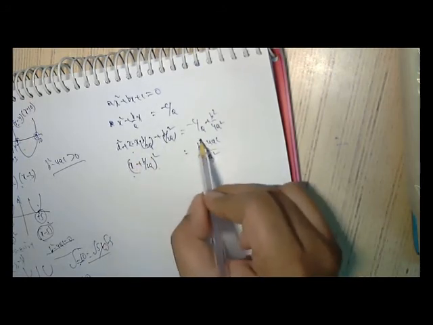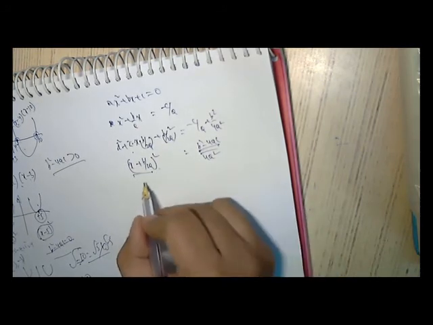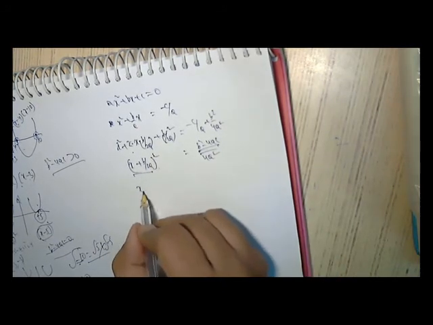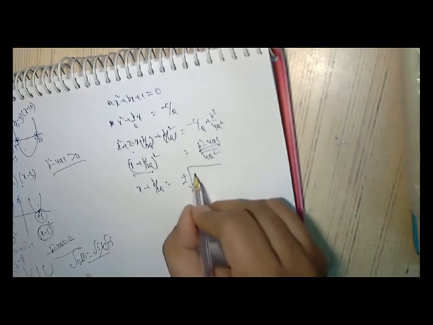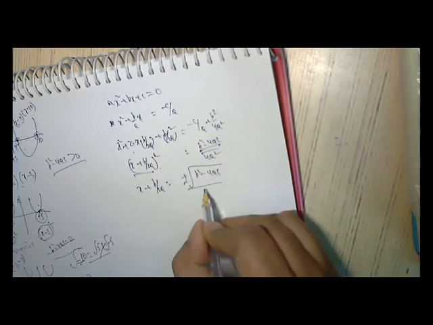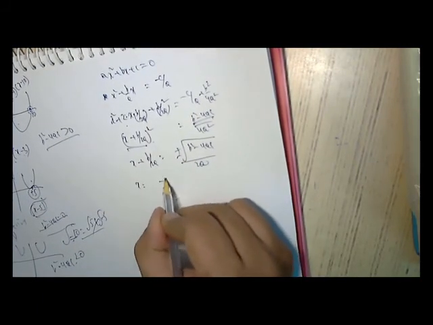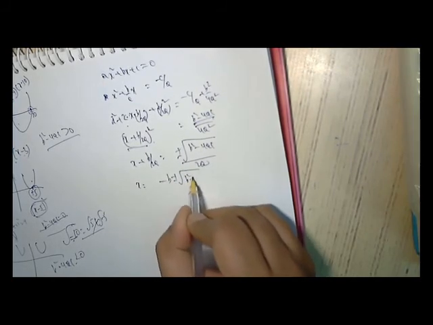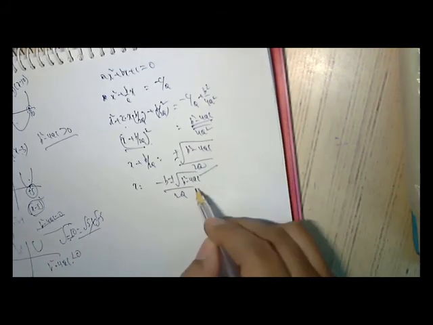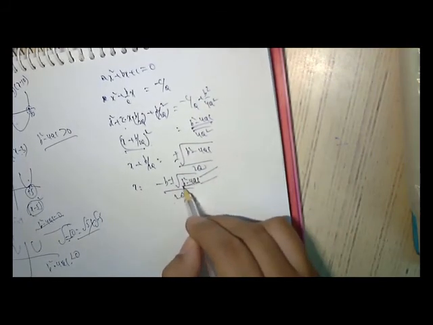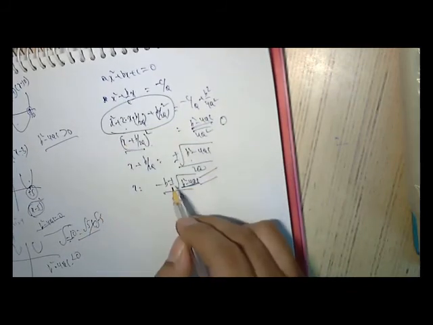This becomes (x plus b by 2a) whole square. In a perfect square, this becomes 0. Let us see, (x plus b by 2a) whole square. So what is this now? When I remove the root, x plus b by 2a is equal to plus or minus square root of b square minus 4ac by 2a. So when it goes to the other side, x is equal to minus b plus or minus square root of b square minus 4ac, by 2a. So plus is one root, minus is one root, and if b square minus 4ac is 0, that means this is a perfect square.